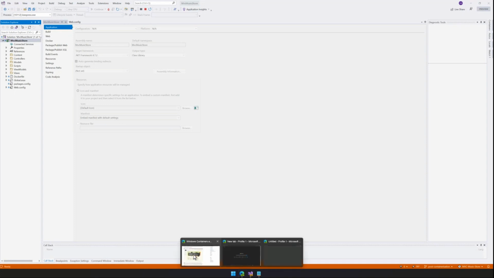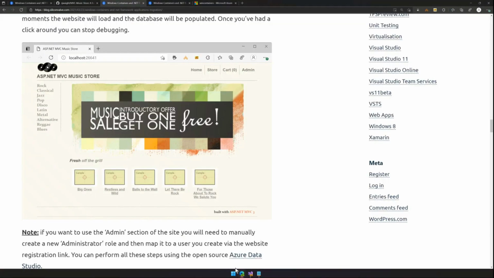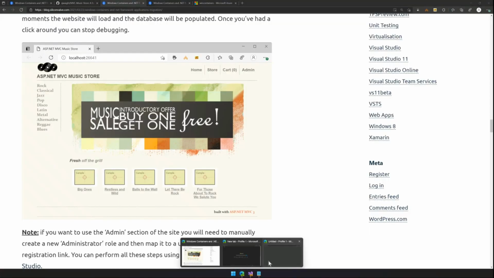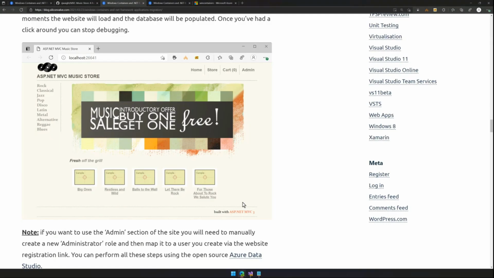My IP address hasn't changed. Oh, there we are. No, that's my blog. Let's not cheat. All right, we'll come back to that. We'll leave that running in the background because I'm sure it'll load eventually. It might just be that it's spinning up the Azure SQL database on the back end because it's gone to sleep. So that can take a little while to spin back up.